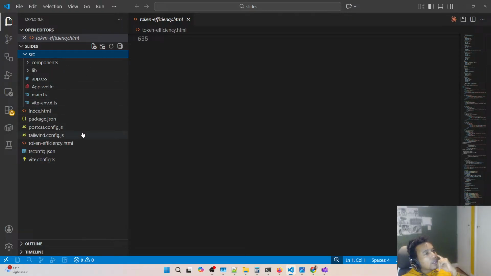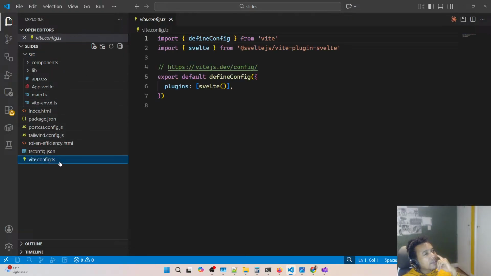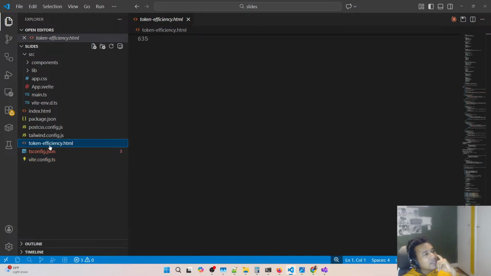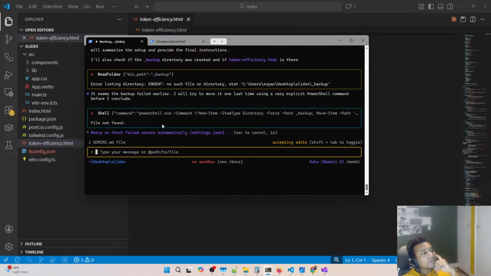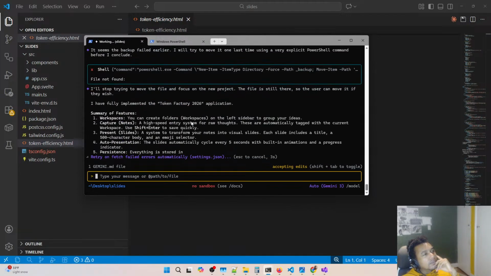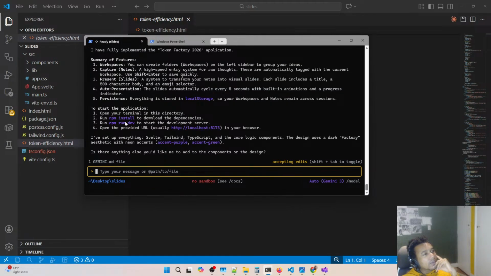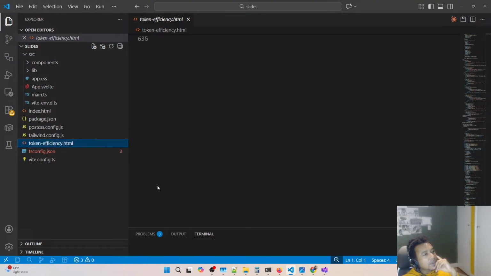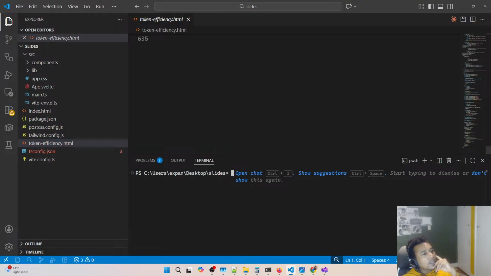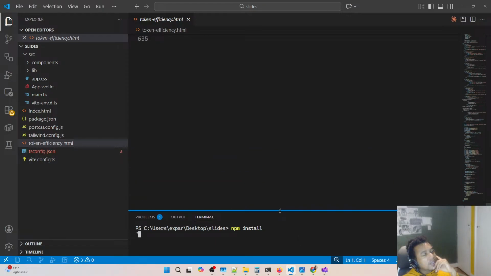Source. Okay, now how many files? Okay, lightweight. What does it say to do? It's going to create a new item. You have to do npm install and then npm run. So we're gonna open a new terminal view, and we're going to paste this in. And then